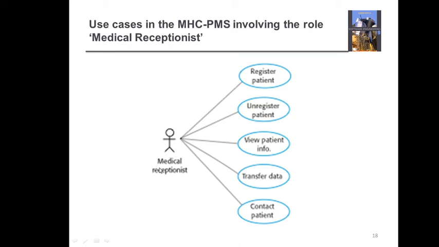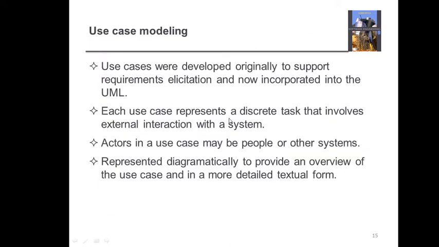Any use case diagram consists of three things. First is an actor. An actor can be any user or it can be any external system. Then there are these connecting lines, which can be directed also, and we will have these use cases represented with this oval symbol. So use cases are simply the functionalities. This is how a use case helps us. We were discussing that use cases were used for requirement elicitation, and now they are used for UML.